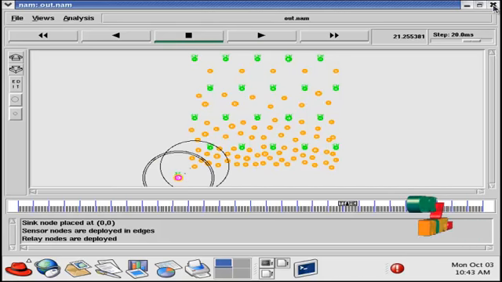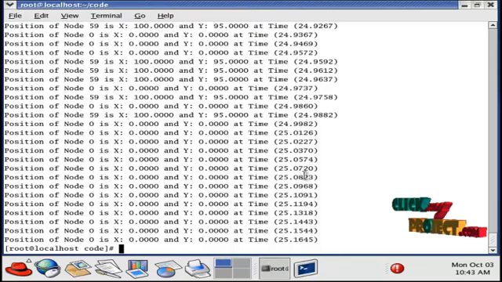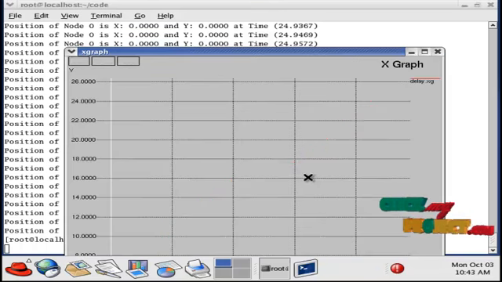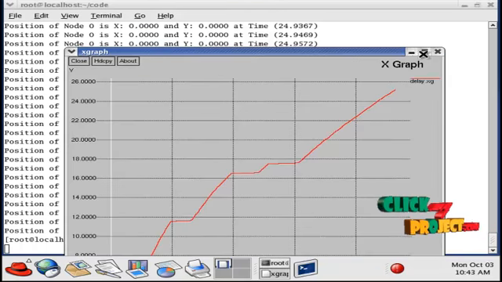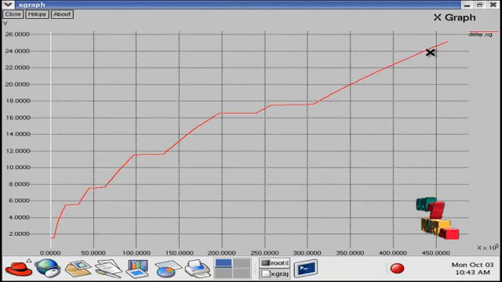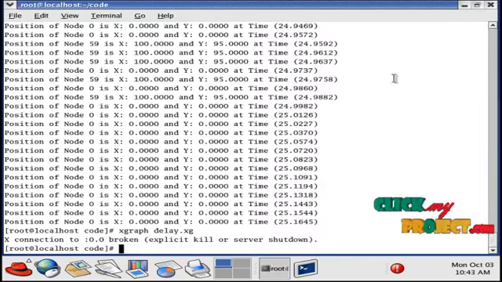To see the performance result, go to the terminal window and type xgraph filename.txt to see the graph. This is the time delay graph for the data transmission from the sensor nodes to the sink node. To see the other graph,